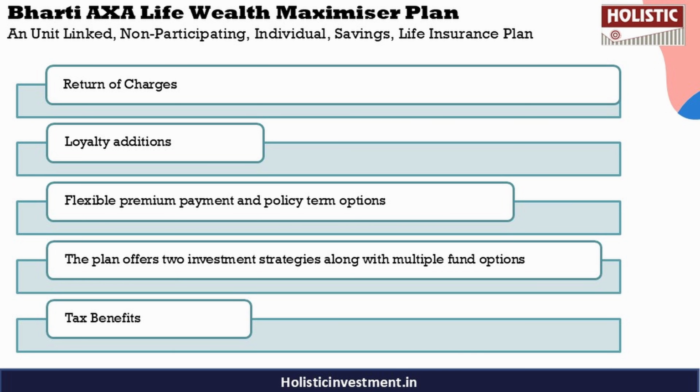And as a unit link policy, there are charges like, as I have already mentioned, premium allocation charge, mortality charge, policy administration charge, fund management charges, and discontinuance charges, which continue to be applied throughout the policy term. Although the plan refunds some of the charges, it doesn't account for the time value of money we have lost. And some of these charges persist throughout the policy term. In contrast, other market-linked products typically have lower charges and offer more transparency in their investment processes. These high charges in ULIPs can significantly affect your returns over time. So we need to consider this as a drawback as well.